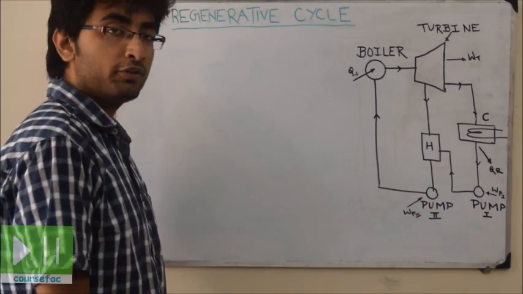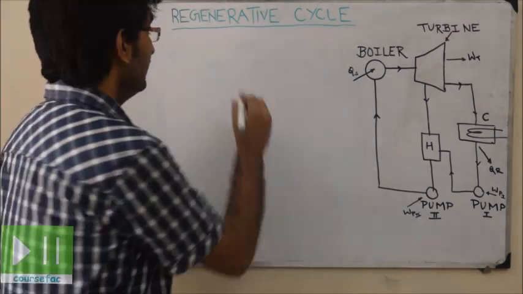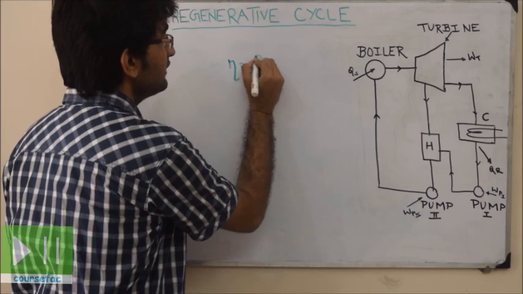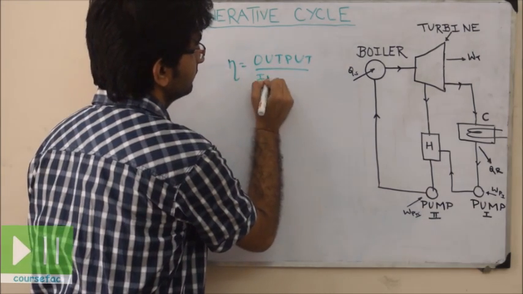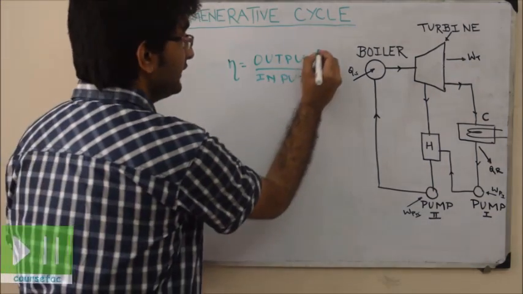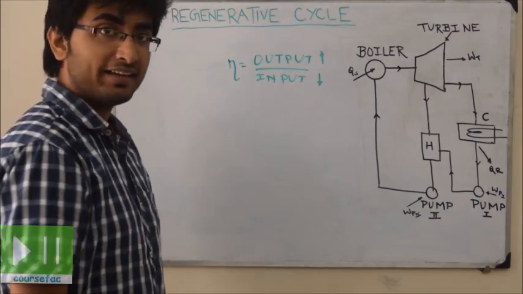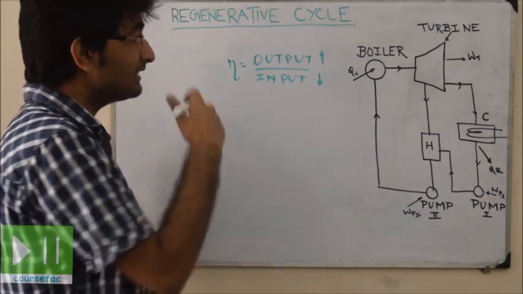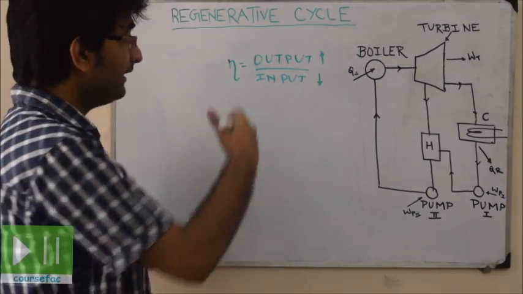In this lecture we are going to learn about the regenerative cycle. In the previous lecture we learned about the reheat cycle. As we know, efficiency is equal to output by input. I have mentioned that efficiency could be increased either by increasing the output or by decreasing the input. In the reheat cycle, efficiency is increased by increasing the output, and in the regenerative cycle, efficiency is increased by decreasing the